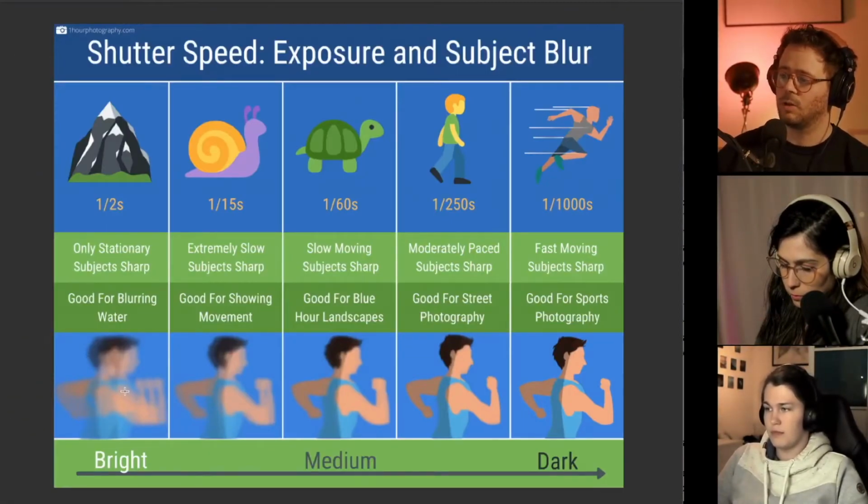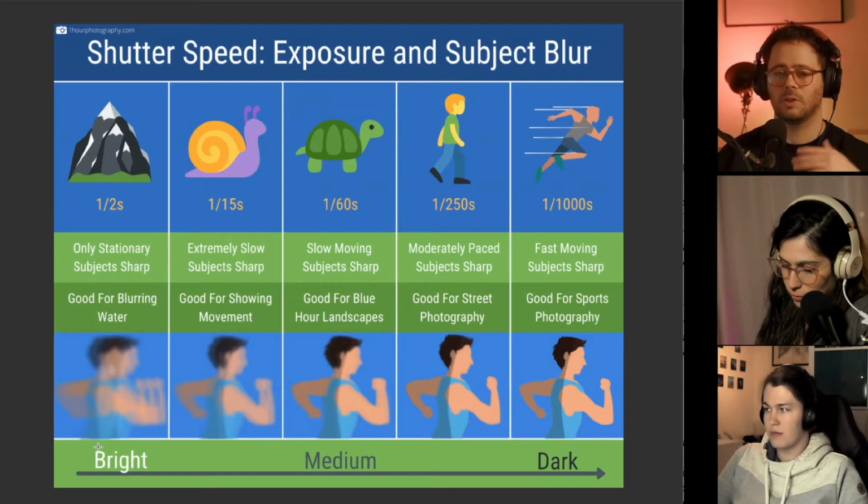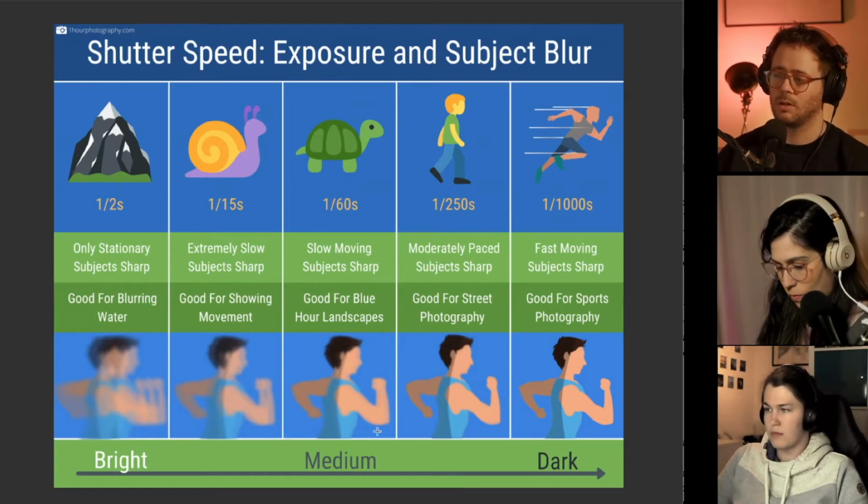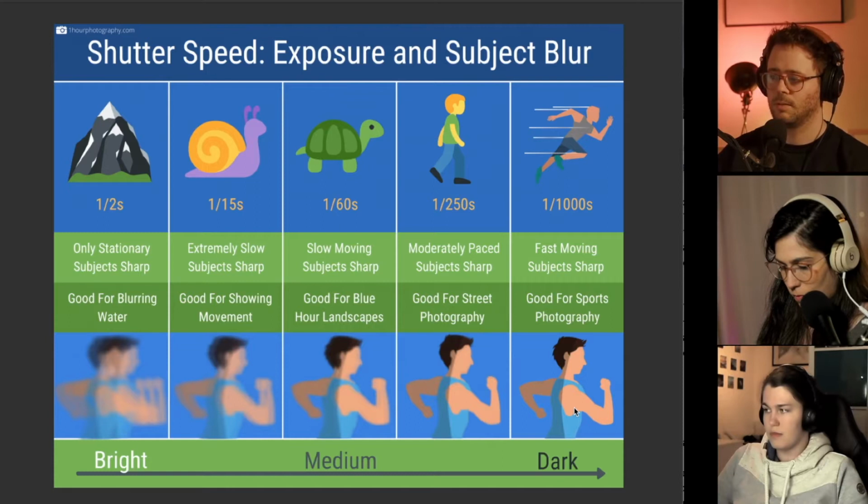And here as well, another example. This is what Eva was mentioning earlier about the relation between these things and the exposure. Of course, here is going to be bright because it's slower, and here is going to be dark because it's faster. However, you adjust your other settings too. All right, let me go back here. So, let's summarize what we have talked about so far.